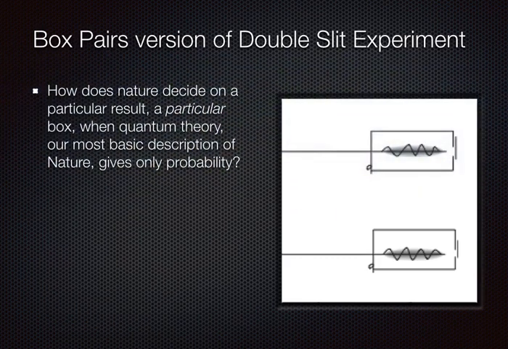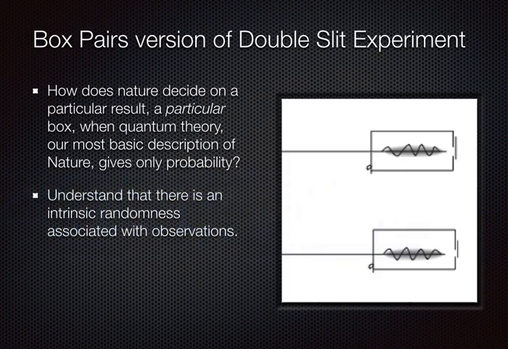So how does nature decide on a particular result or a particular box when quantum theory, our most basic description of nature, gives only probability? Now here's the key, and this is where you can easily throw off all the New Agers. Remember I told you there's a lot of New Age nonsense like create your reality. Neo in the Matrix, what does he do? He can stop bullets. He can consciously change reality. Well, that never works. And this is why, and I've said it 100 times, but maybe it's more clear if you just state it directly, there is an intrinsic randomness